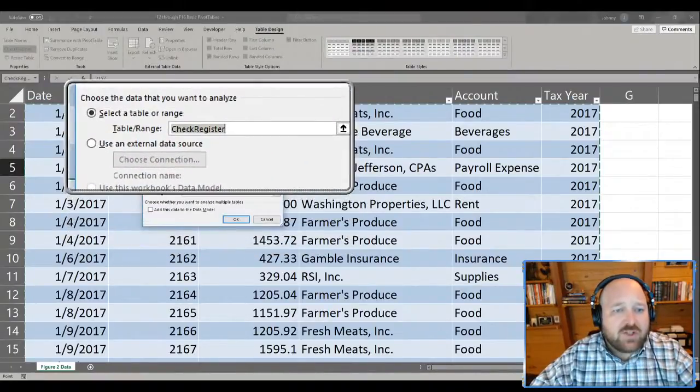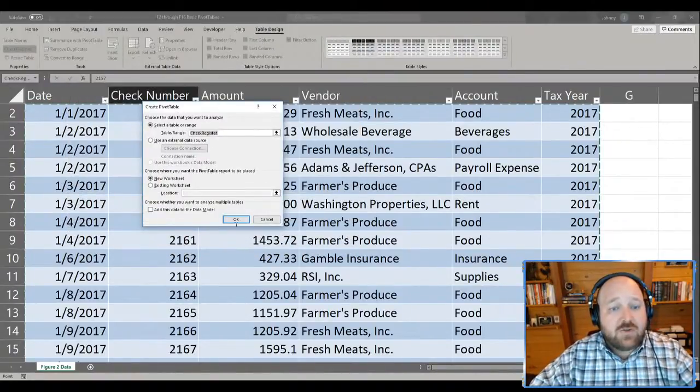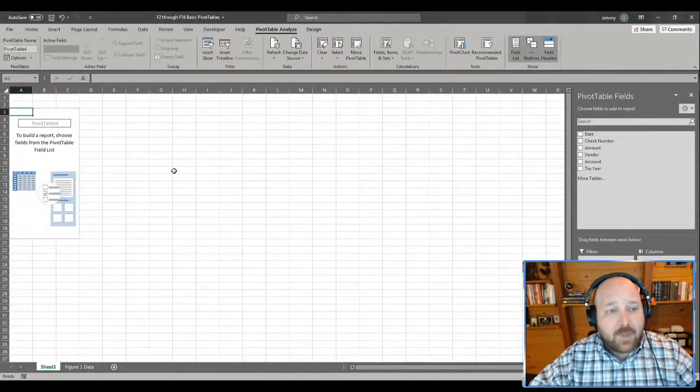But we're going to just create a good old generic pivot table just using our table data. And we're going to go ahead and click OK here. So there you go. That is what it looks like to ultimately just